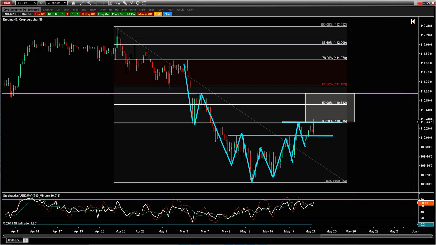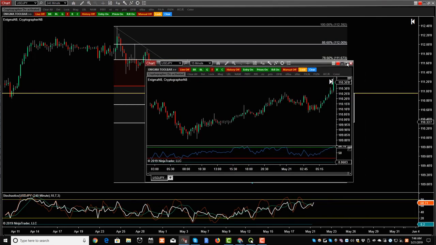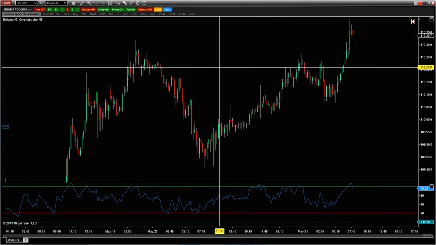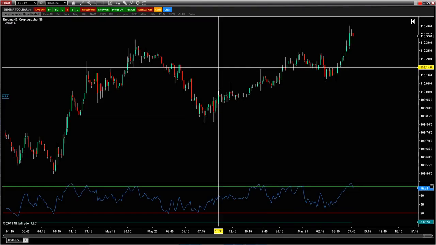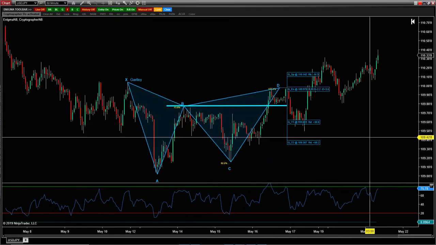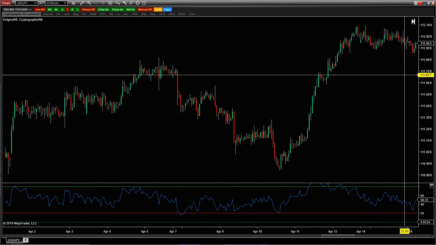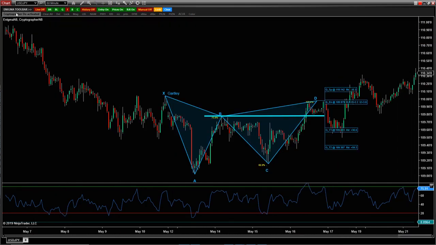So let's head down to a 60-minute chart again. I'm watching this on a range bar chart with my side eye. So we'll go down there in a little bit, but we want to go through the process of swing trading before day trading first. So let's head down to the 60-minute on the dollar yen here. Should give us a little bit of a clearer view. Ooh, there we go. There's our one target Gartley.